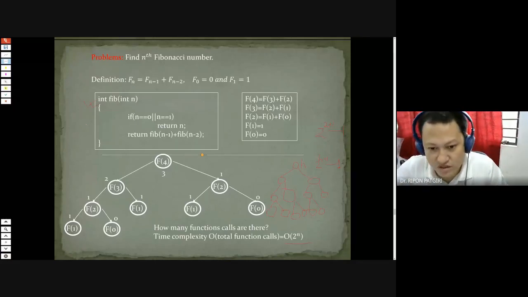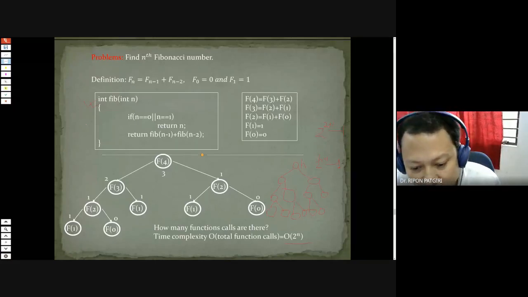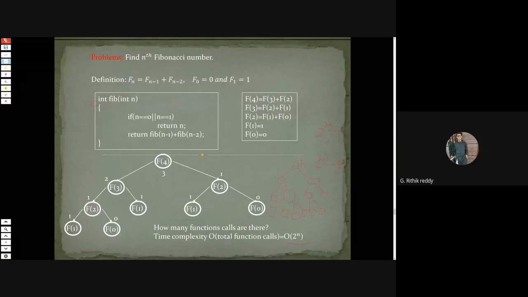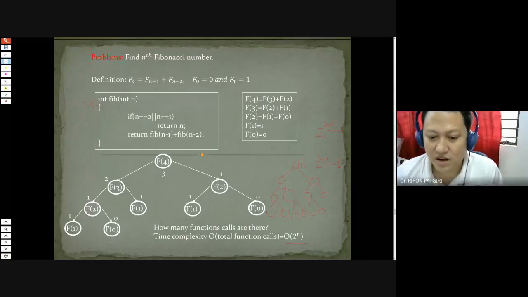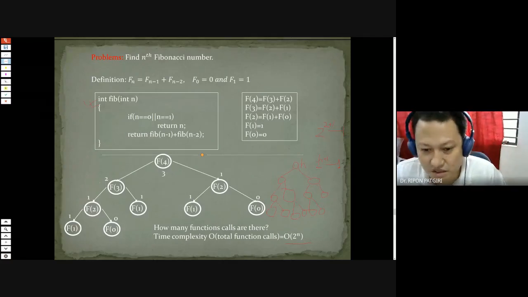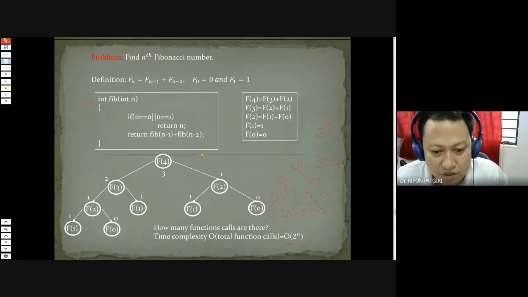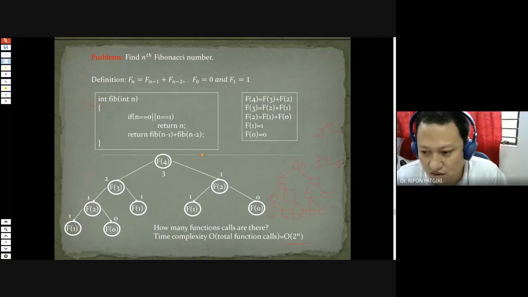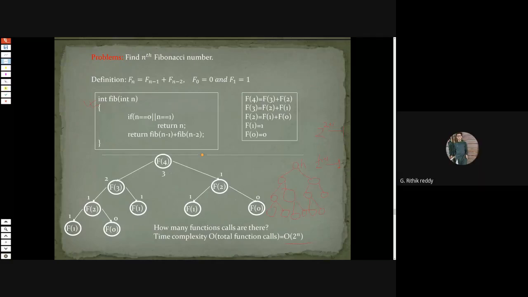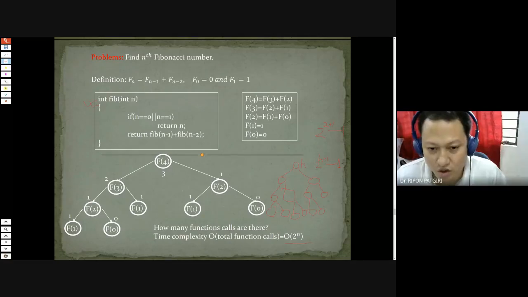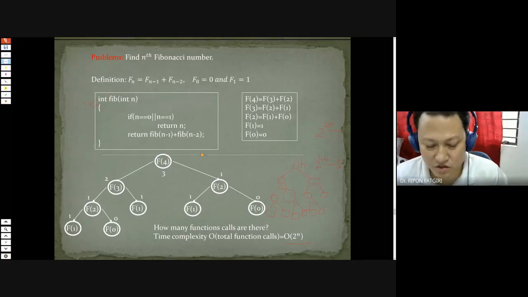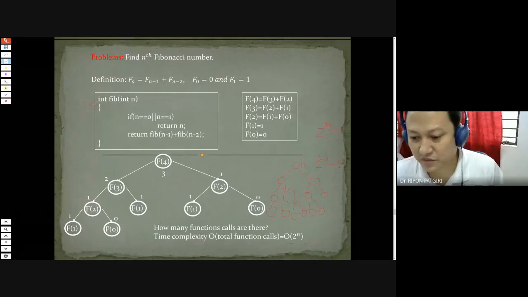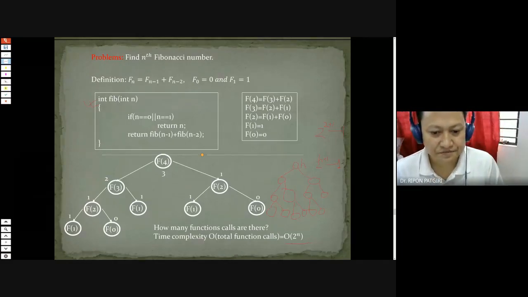So who was asking to explain it again? Me, sir. Me means? Ritik, sir. Okay, Ritik, where is the problem? Could you please ask the question? Sir, I just came right now. My network was so poor, so I was able to join only now, and I didn't hear anything. Okay, sure. I'm very happy to explain it again.